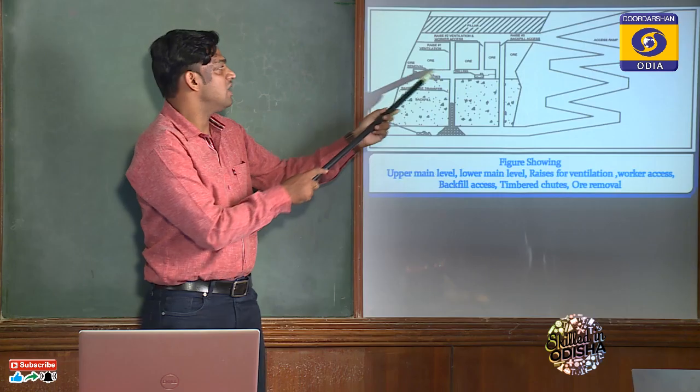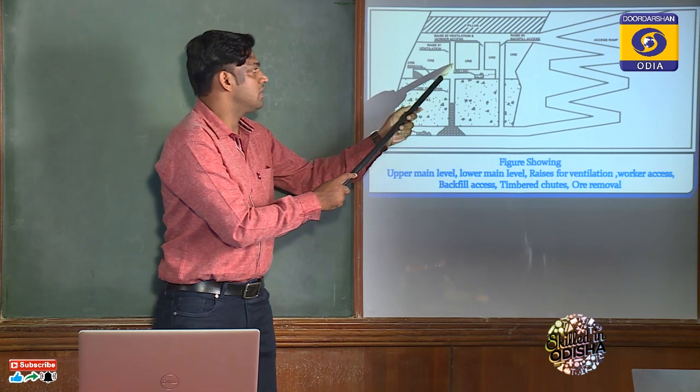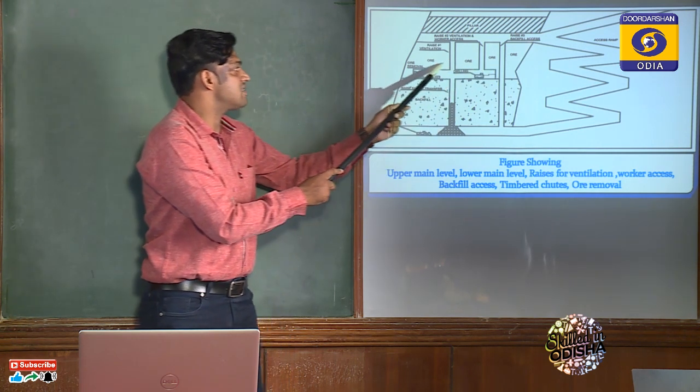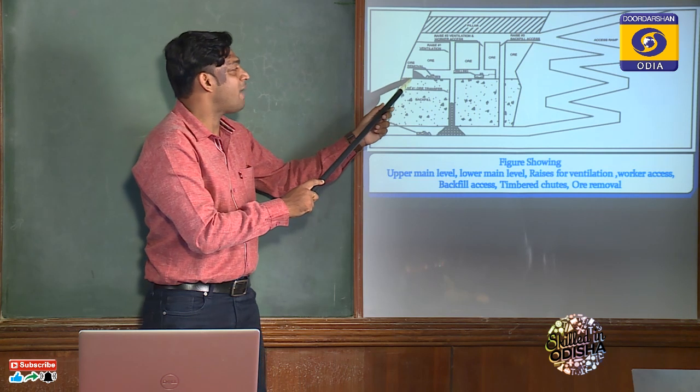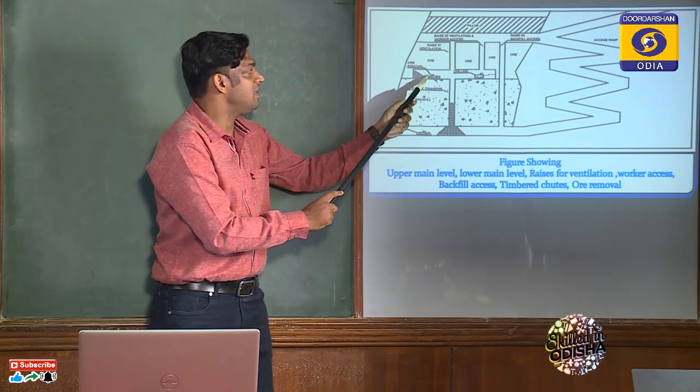We are drilling up to this slice and blasting up to this slice, and we have to fill this part. As we have filled up to this part, now we have to fill this part.